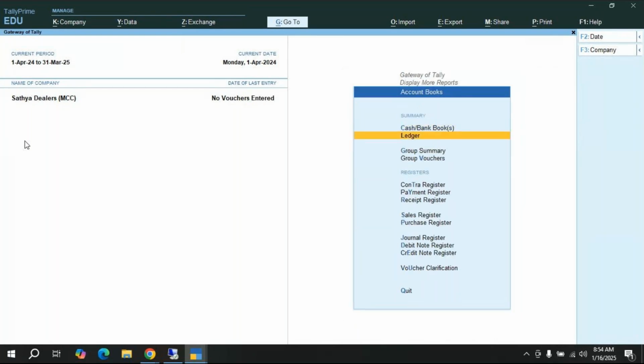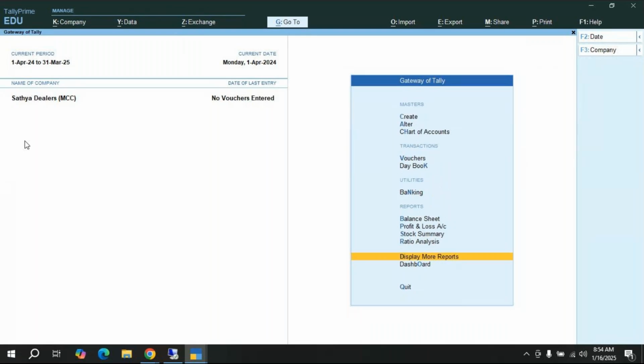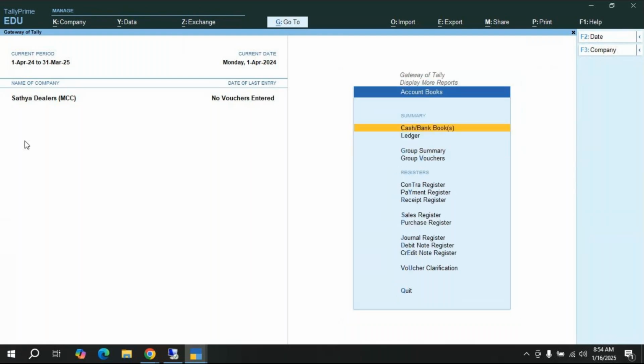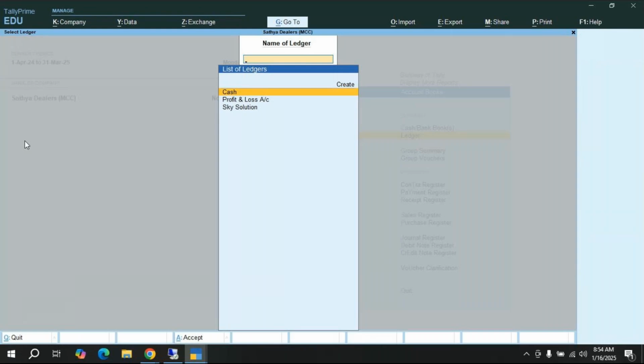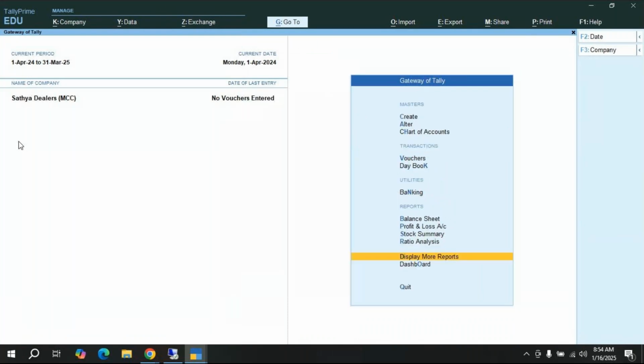Here see, the ledger option is there. One more time I will show you. Gateway of Tally, display more reports, accounts book, then ledger. If I click on that, only the ledgers are going to display. The list of ledgers is going to display for us. Here also there is an option, we can create ledgers also. Using these options we can create the ledgers also. Okay, so that is the ledgers option. And next